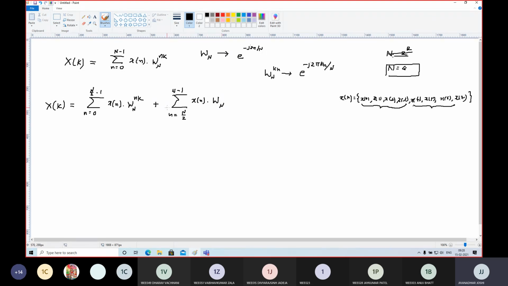Should I change the raised to power of the twiddle factor, or should it be as it is, W_N raised to nk? Hello. It should be as it is. Yes, it should be as it is. What is the reason? Because the change here is the small n and we have changed the limit for the small n. Yes, so your answer is correct, but you should say that this particular summation term is not changing the sample index that we are putting into this term with respect to the original equation.